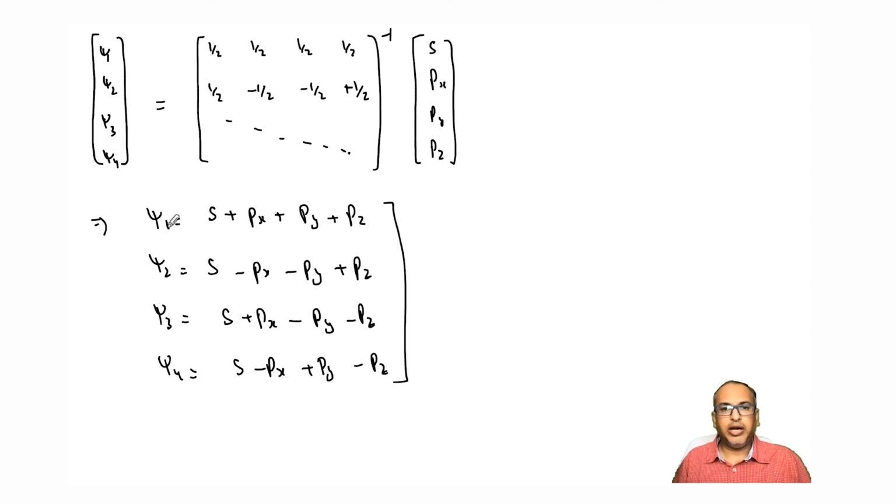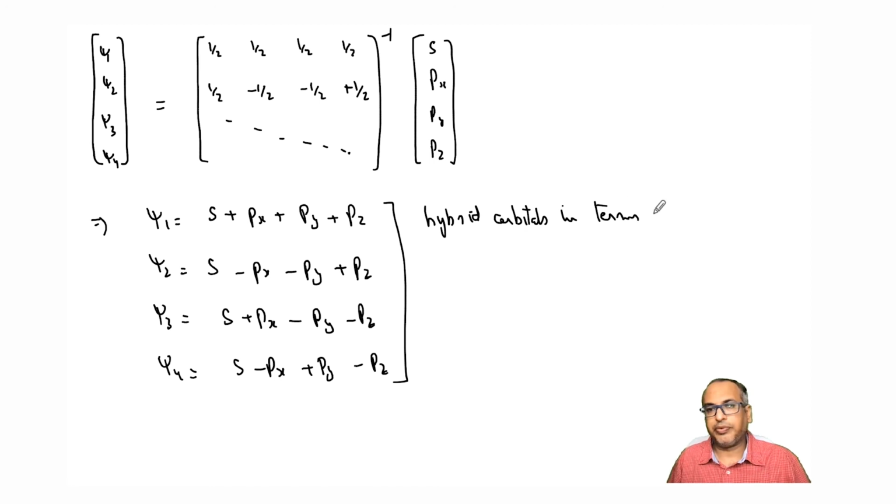So now you have expressed the hybrid orbitals, which you assumed to start with that they exist, in terms of atomic orbitals, right? Now you know the symmetry of these orbitals. From there you have deduced which atomic orbitals should combine to give you 4 hybrid orbitals oriented in a tetrahedral fashion, so that you can now combine these psi's with the hydrogen atomic orbitals.